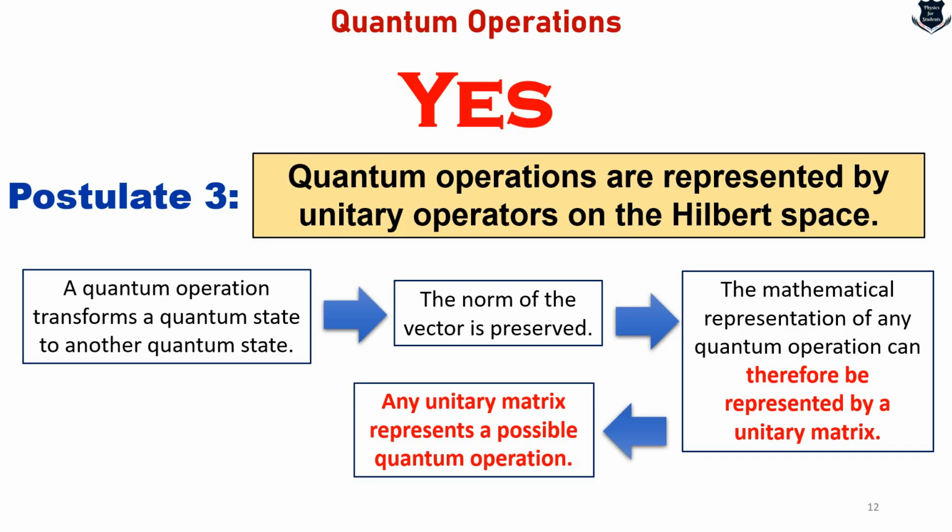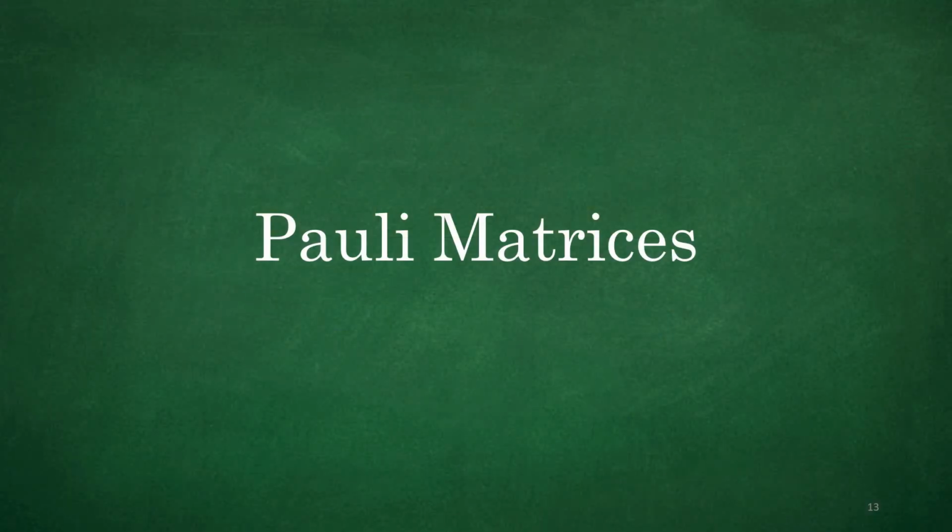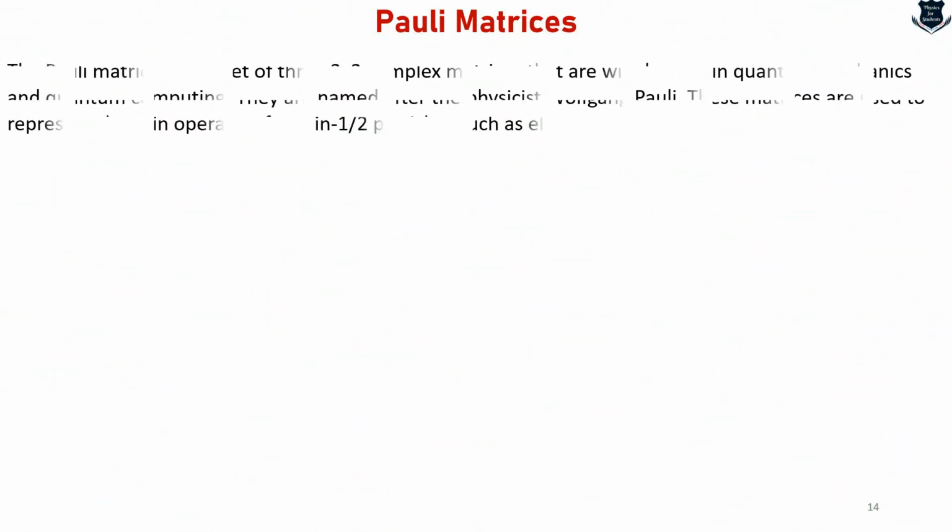Now what we are going to see is that, given a state, can we operate on it and see how these operations take place, or how we can transfer, most importantly, one state to another state. And this is going to be very interesting for the next part of the video. For that, number 1, we have to consider what are called Pauli matrices, named after the famous physicist Wolfgang Pauli, who is also known for the Pauli exclusion principle and many other contributions in quantum physics. So now, what are Pauli matrices?